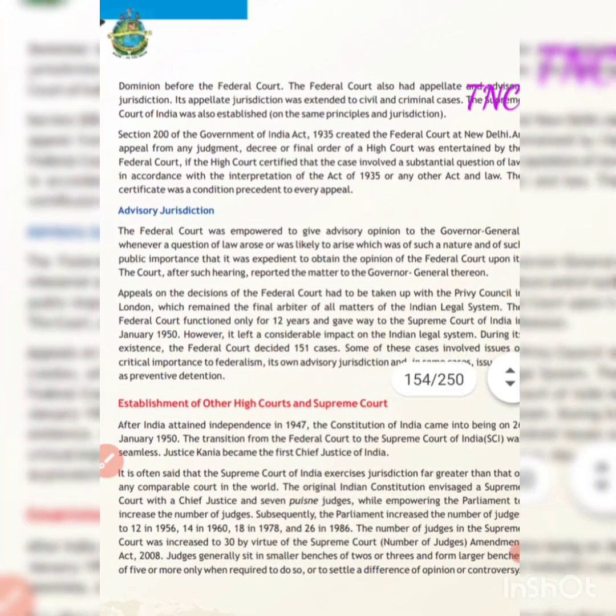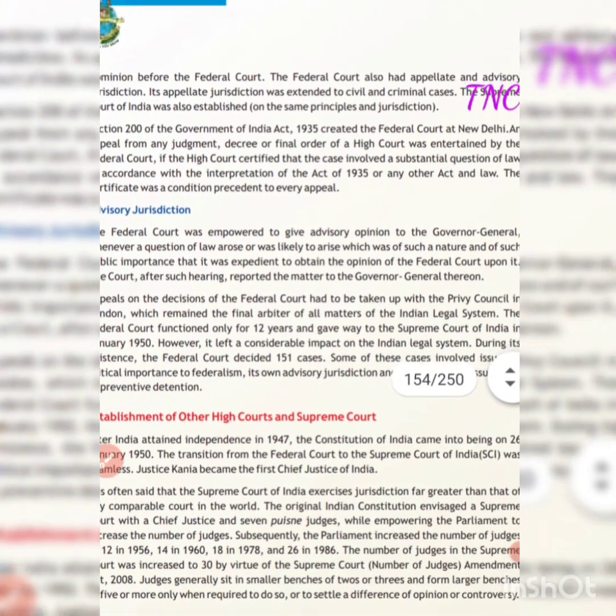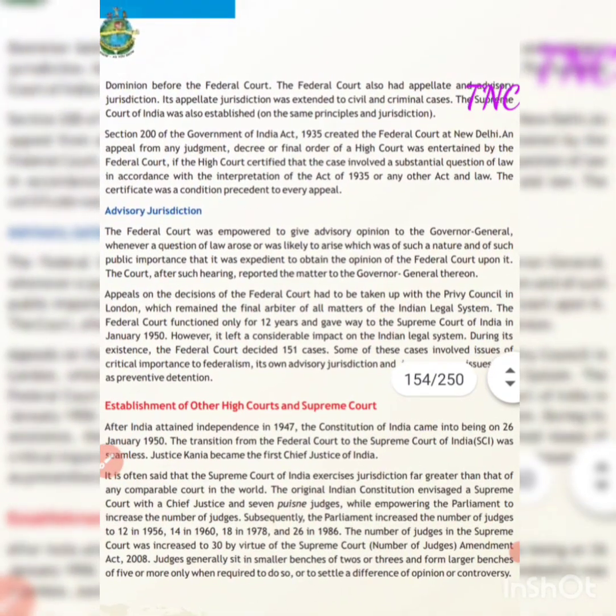That means the High Court needed to certify that this particular suit gives rise to a substantial question of law, and we are not dealing with it, but the federal court, being the apex court, we request you to deal with the matter and to interpret or implement the provisions of